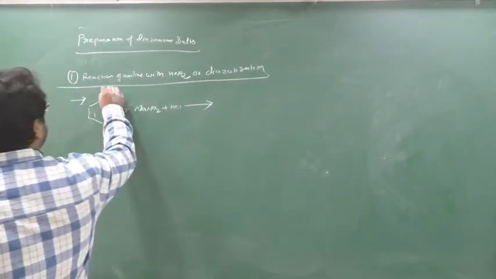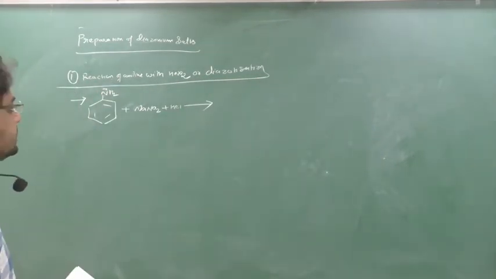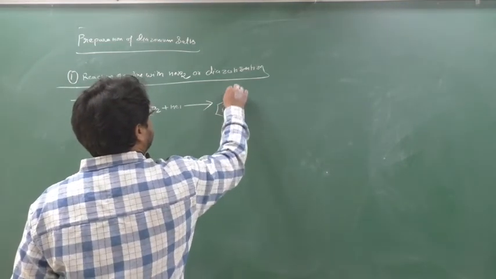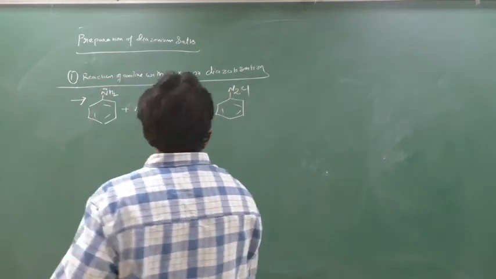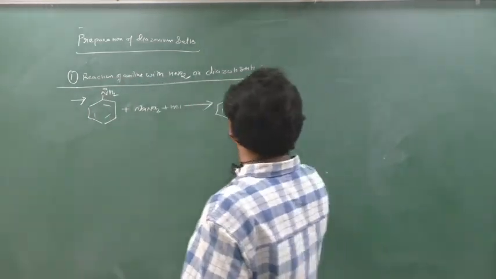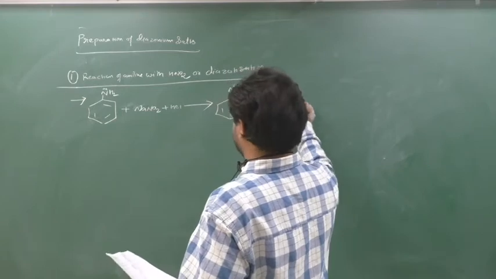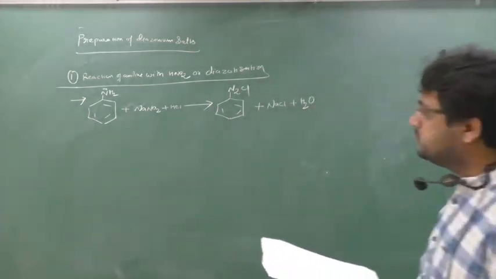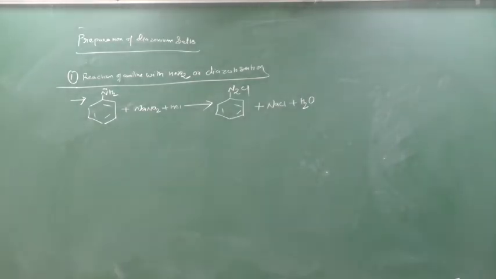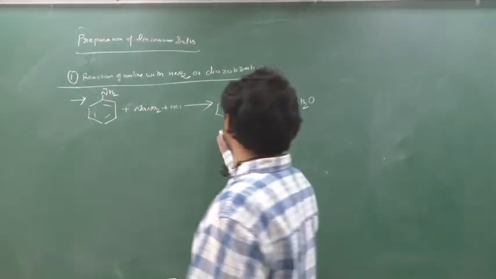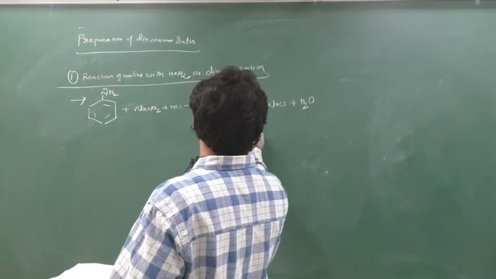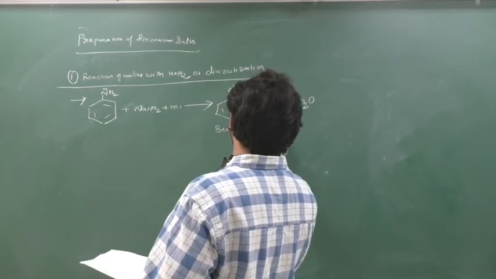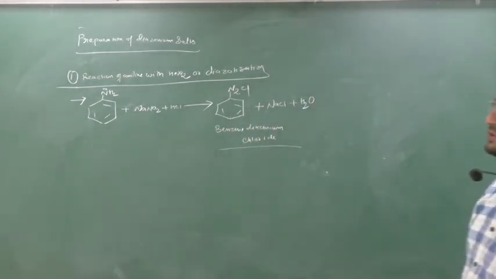So what will happen here? See, you will get diazonium salts here. Please remember this directly. You will obtain here, as I have shown in the previous video, so I am not repeating it. N2Cl plus NaCl plus H2O. Yes or no? Plus H2O. NaNO2, NaCl plus HNO2. Clear this part? So N2Cl, and this is known as benzene diazonium chloride, and this reaction itself is known as diazotization.